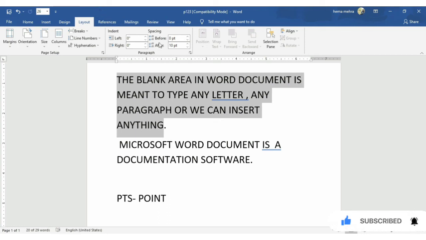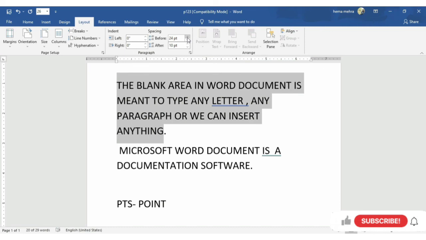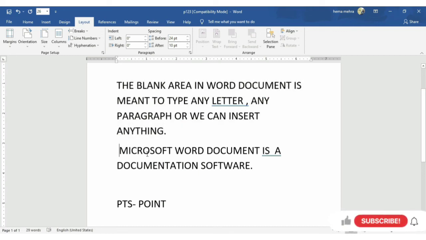Now you can see, if I increase the space, it will increase the Before, meaning from where the content started, from the margin, only the first paragraph is moving downwards. Now what if I move the second one?